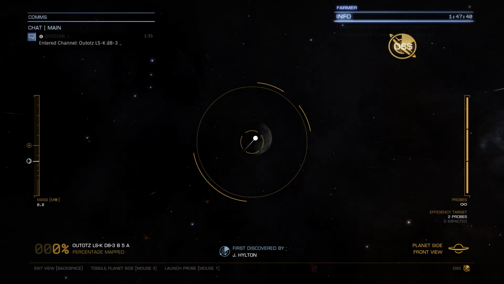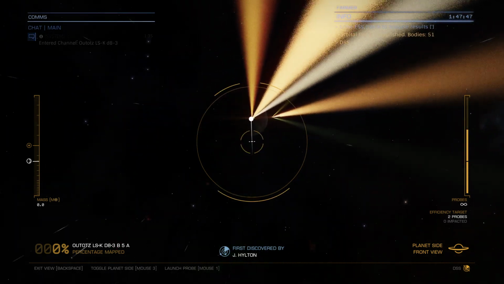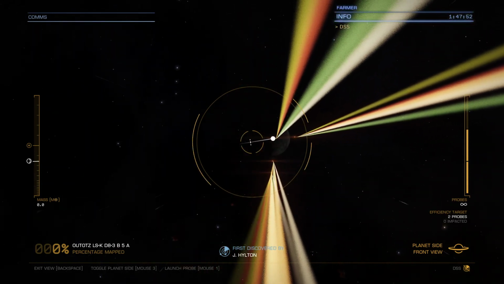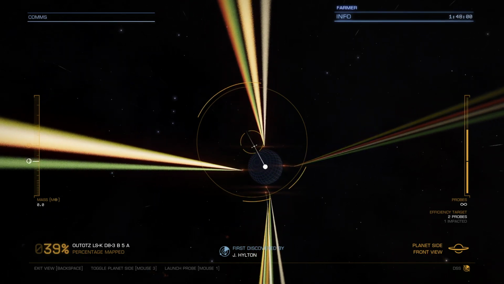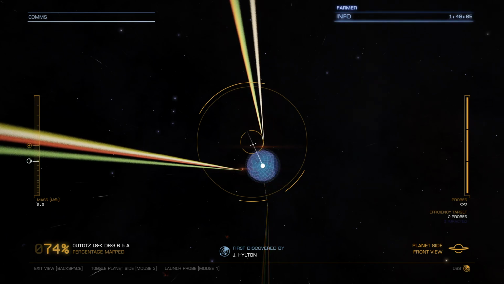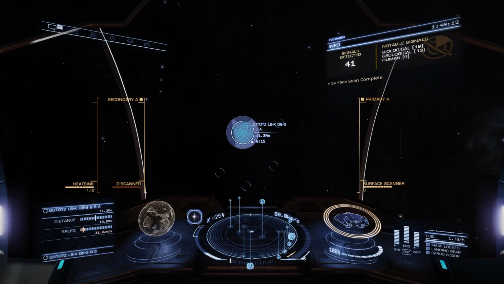Alright, and then get into this right here. We're going to map this moon. I'm not really trying for any efficiency targets. Surface scanned by 50%. Okay. Surface scan complete. And let me bring up